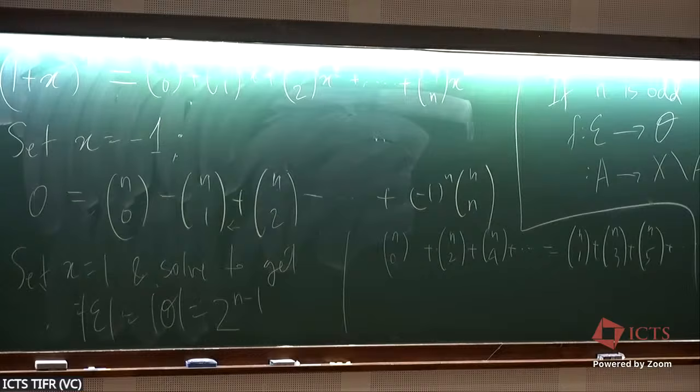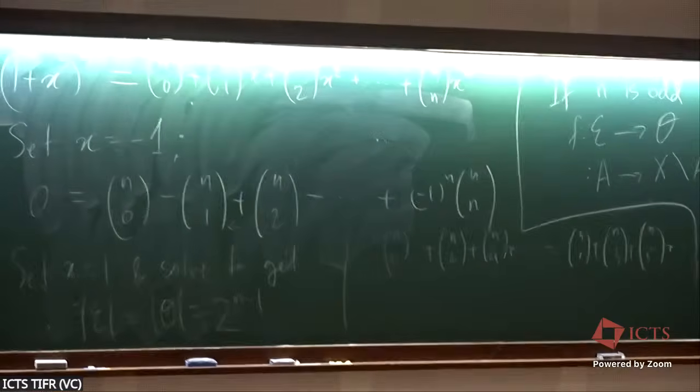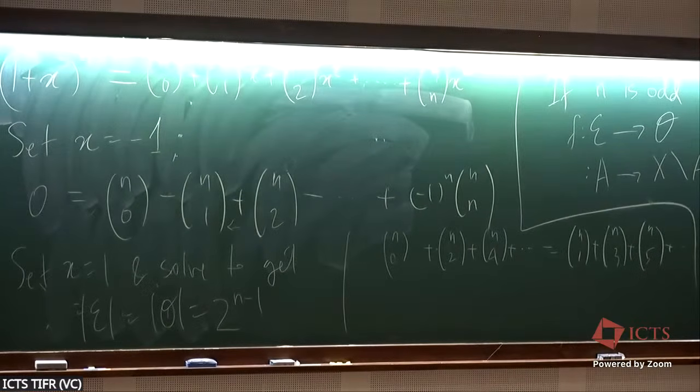Oh, that's a very interesting way of putting it. You're saying to pick a subset uniformly at random, and because there are equally many even and odd size elements. Yeah, maybe you'll have to do a quick check that it works out, but yeah, that's a very interesting way of arguing. Yeah, very nice.